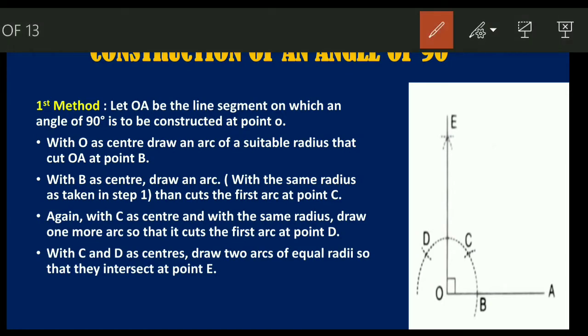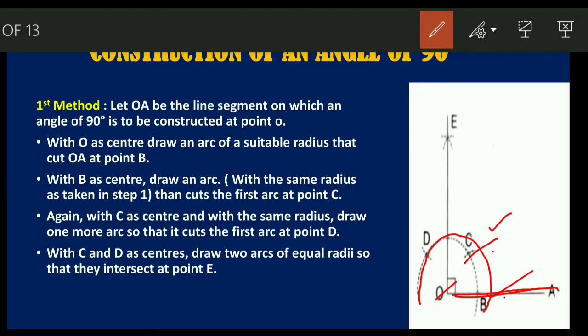I'll explain you. Now see, first you draw a straight line of any length, say 5 centimeter. So OA is 5 centimeter. Now take O as the center and with your compass draw one arc of any radius. After drawing an arc, you can see where the arc is cutting the line OA at B. Now at B you put your compass and cut this arc, with the same radius that you have taken in the first. Where you cut the arc, that is actually point C.